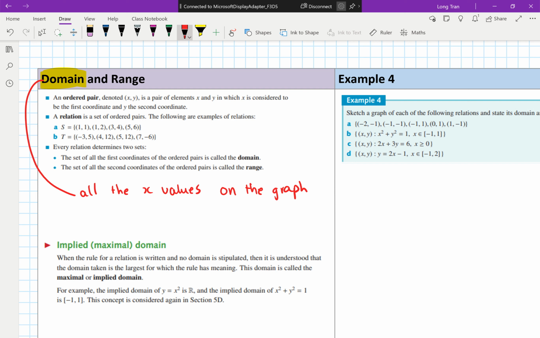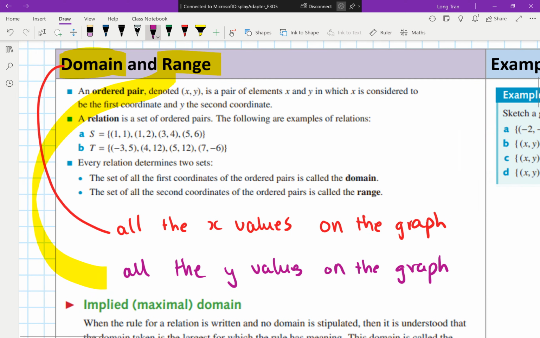Then you've got range. Range refers to all the y values. In this case here, this is all the y values on the graph. When they ask you for domain and range, you only focus on either the x or the y values. Okay, so if I were to say in the example over here in A,